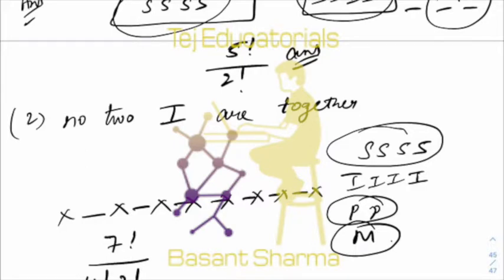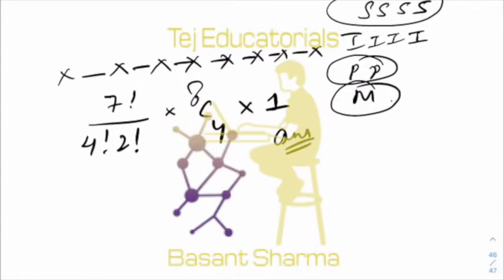Okay, and then out of these 8 places, we have to select 4 gaps to place the 4 I's, and they can be arranged in only one way because they are all alike. This is your answer. Okay, then the third part is